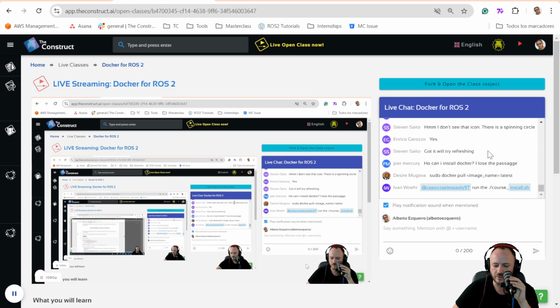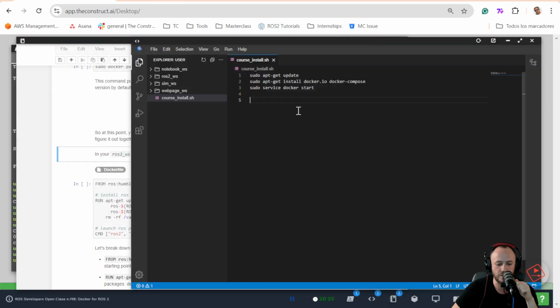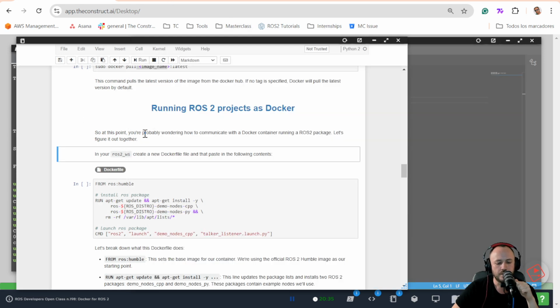Okay, how can I install Docker? Yeah, so I can see that you guys are helping me here answering the questions. So yeah, in order to install Docker, you have to run this script as Ivan is saying. You have to execute this course_install.sh script, and this is going to install Docker in the project. It's going to install Docker and start the service also, right? Okay, then